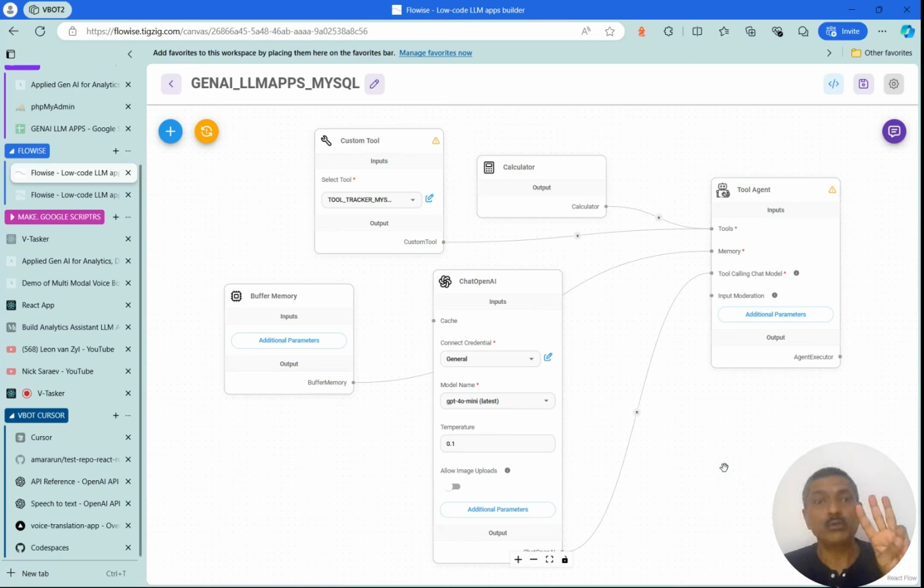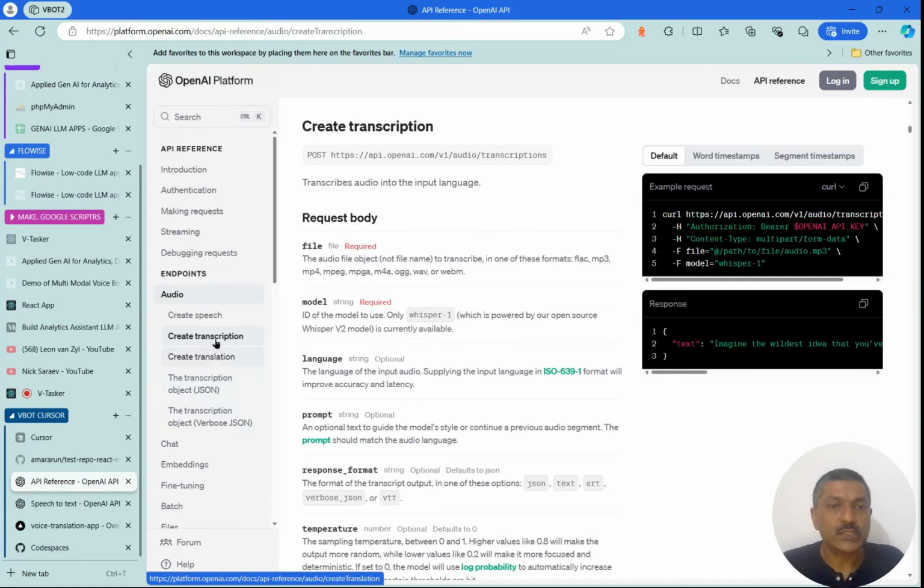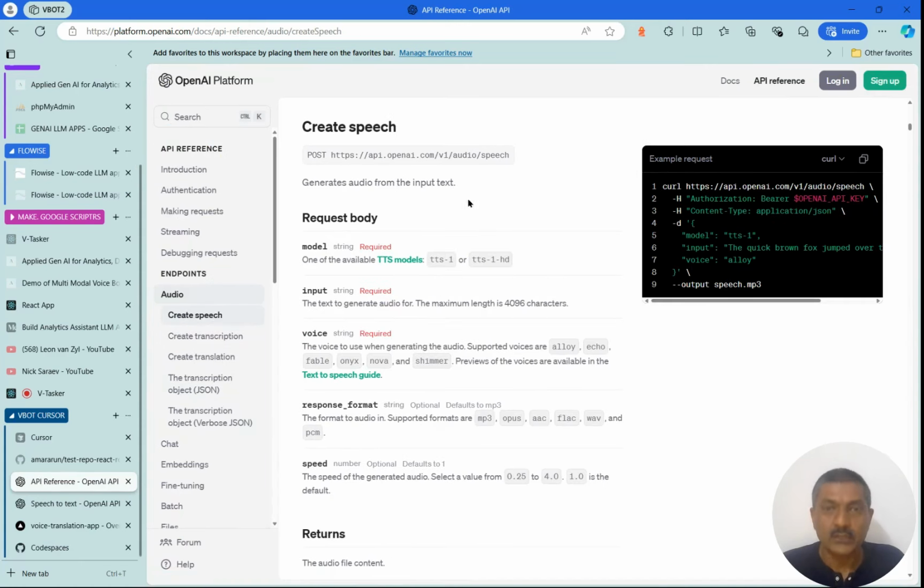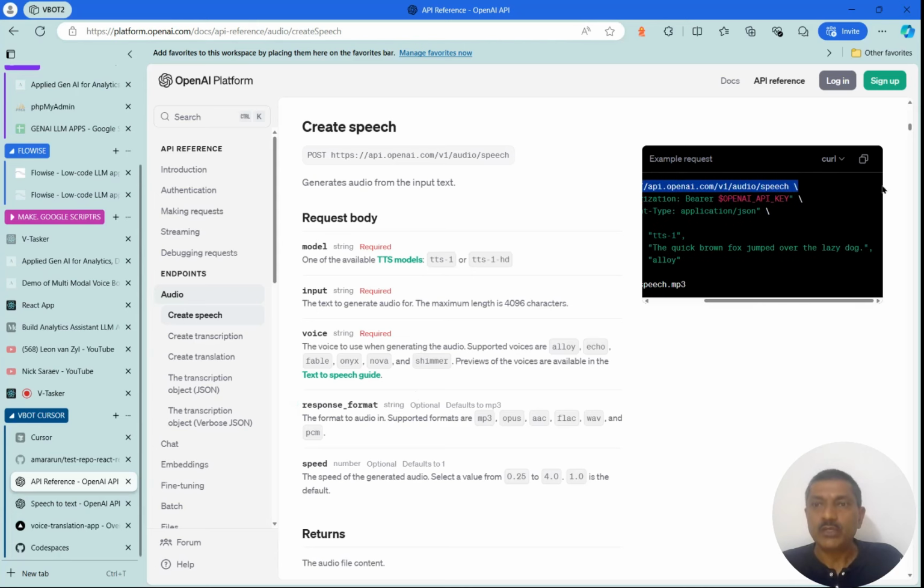Then the third thing we need to provide is, we want the response to be spoken out. From the Flowwise bot, we want it to speak out the response. So once the response is received in whichever language, we want to convert text to speech. So then we go to API reference, we go to text to audio, create speech. So this is create a speech. It will take whichever is the input text. If it is Hindi, output audio will be in Hindi. And you have got various voice choices and all. So this is the endpoint which we have to give